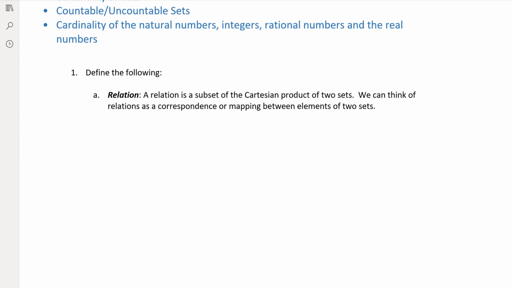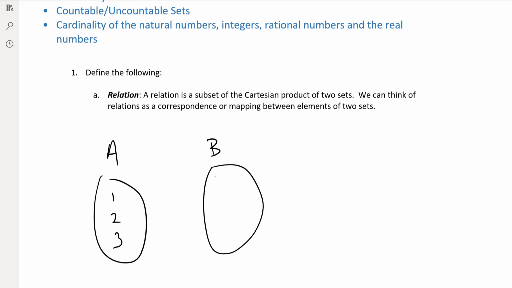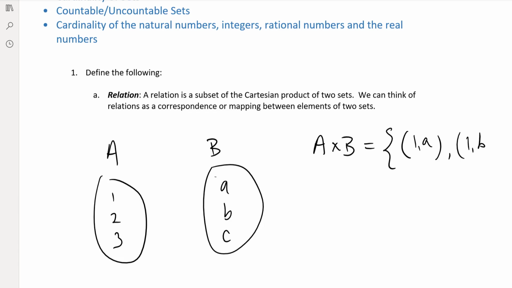Suppose we have a set A that is the elements 1, 2, and 3, and we have a set B that is the elements a, b, and c. By Cartesian product, I mean you're creating a set of ordered pairs, where you take one element from the set A and one element from the set B. The complete Cartesian product in this particular example would be (1, a) and (1, b)